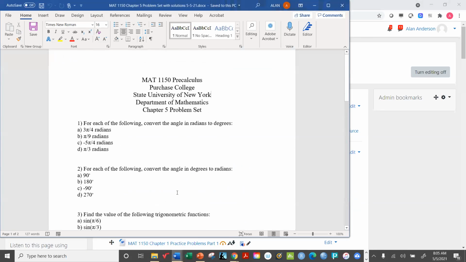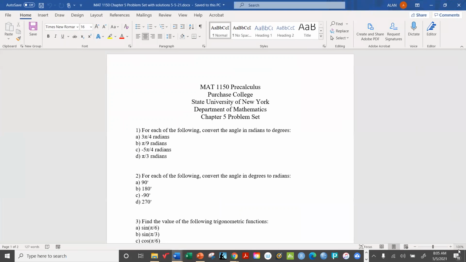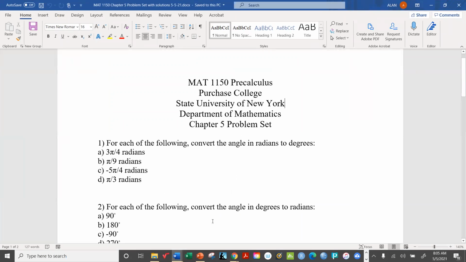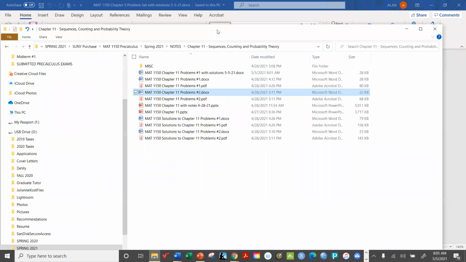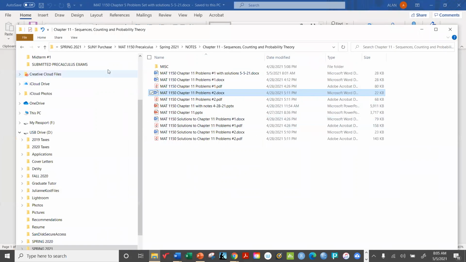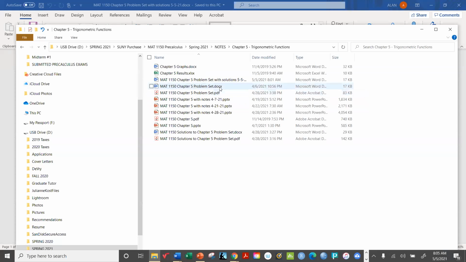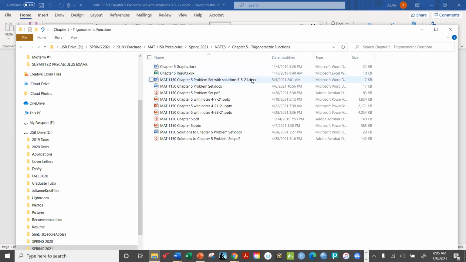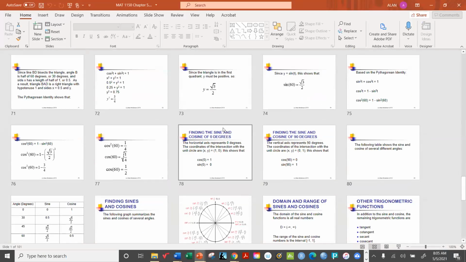For example, number 5. All right, now these are pretty straightforward. You're just being asked to calculate or convert angles into each other. All right, so now if you recall, let's go back to the chapter for a second. We introduced the unit circle as a way of calculating trig functions for the standard angles like 30, 60, 90, etc. If you have something else, then you have to do some algebra. But if you look very carefully at this unit circle diagram, which we went through in very great detail last week,